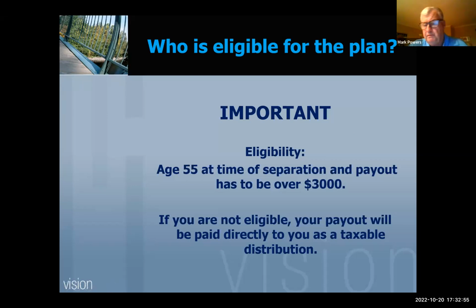Okay, once again, you have to check with your HR department to find out if your bargaining group is eligible. And then in addition to that, in order to be eligible for the plan, you must be age 55 or reach your 55th birthday at the time of separation from service and be receiving at least over $3,000. If you don't meet both of these criteria,